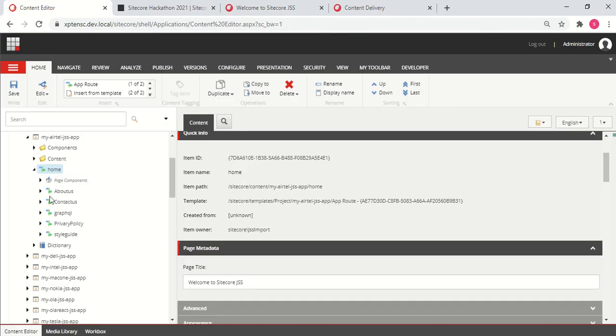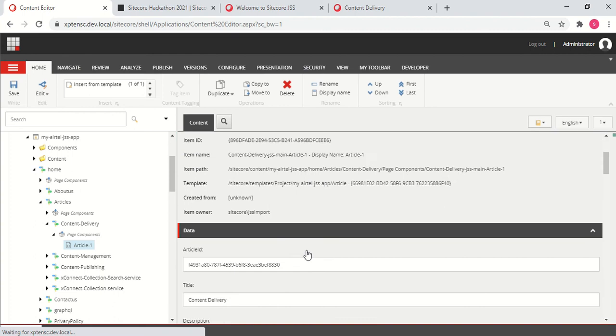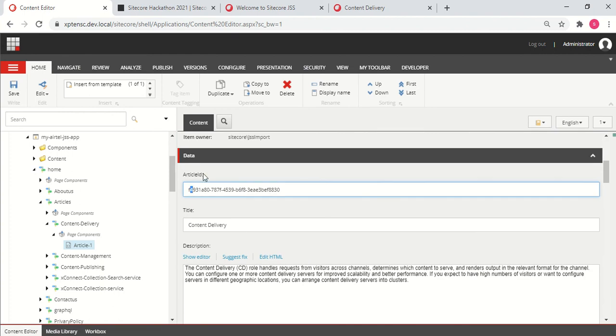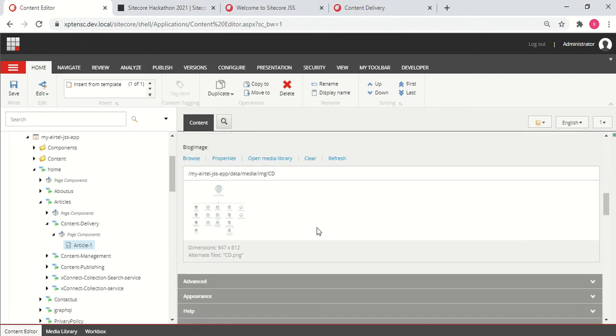Right now it's not showing anything, but if you refresh, you see articles, content management, and this article 1. If you open article 1, you see F4, starting with our article ID, you have title, description, authors, and we have this blog image. So now all our en.yml files are deployed at this location.